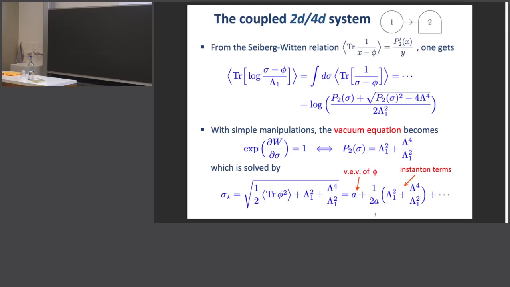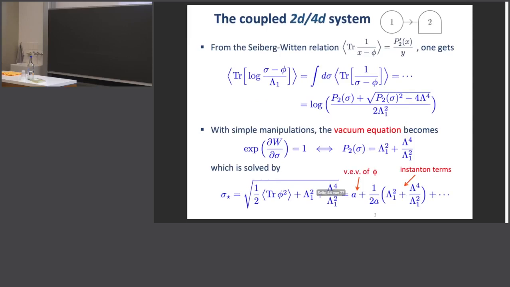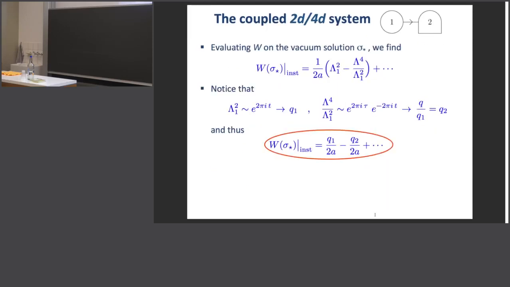seeing this typical structure. So this is the solution, the profile for the chiral field sigma in the vacuum, and the value of the superpotential on this solution, if you plug this expansion into the previous expression, takes this form, in which you recognize exactly the same expression that was obtained from the ramified instanton partition function, provided you identify, as I already anticipated, e to the 2 pi i t, namely the scale lambda 1 squared, with one of the ramified instanton counting parameters, and the other thing that appears, this ratio, with the other ramified instanton counting